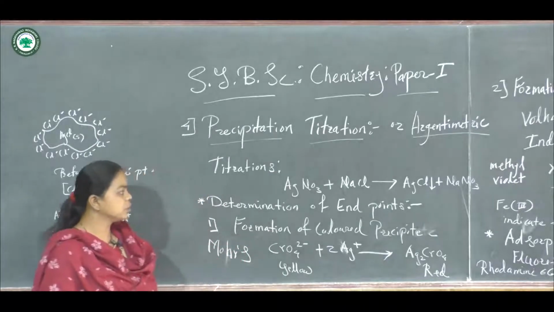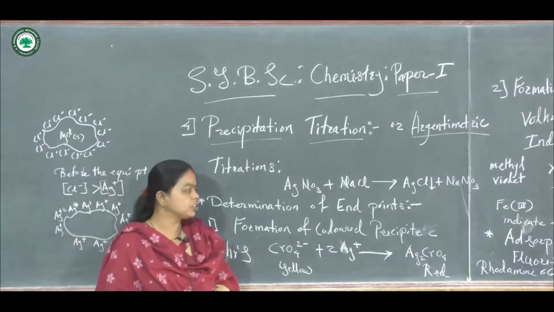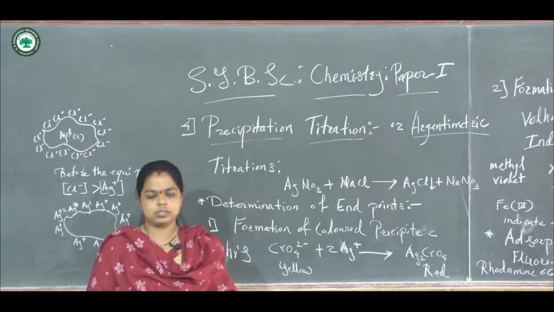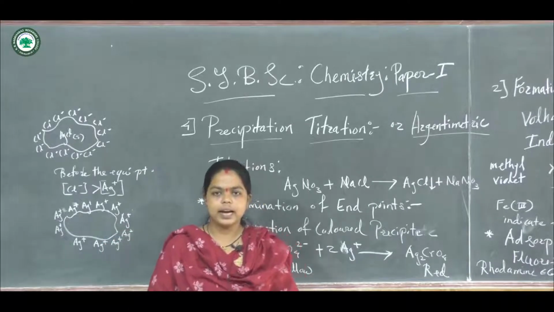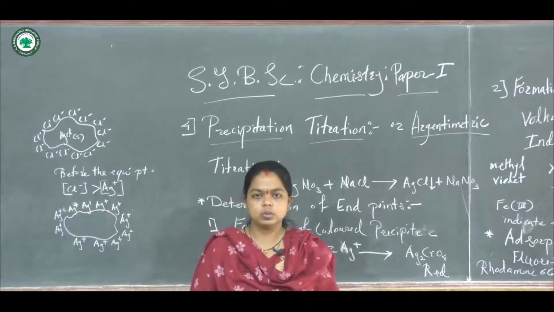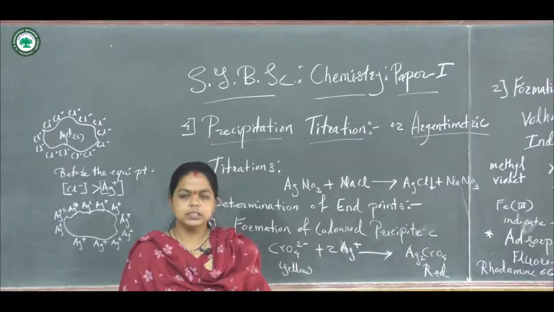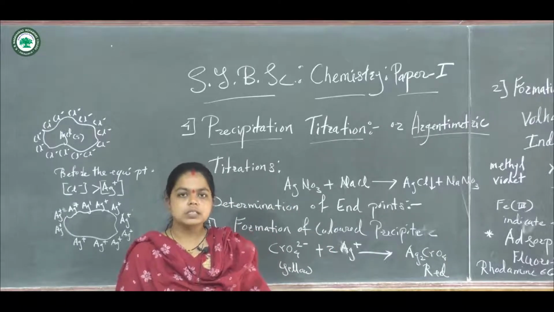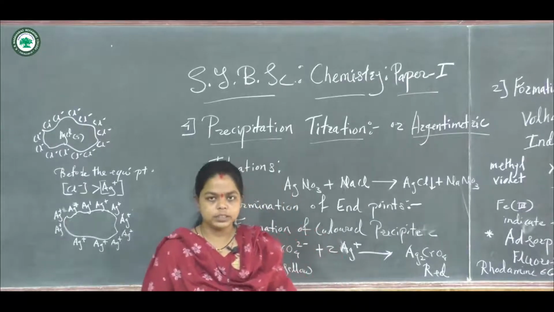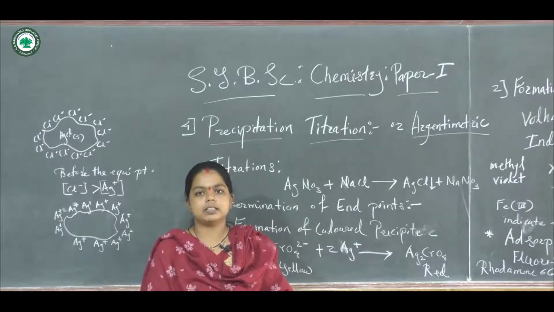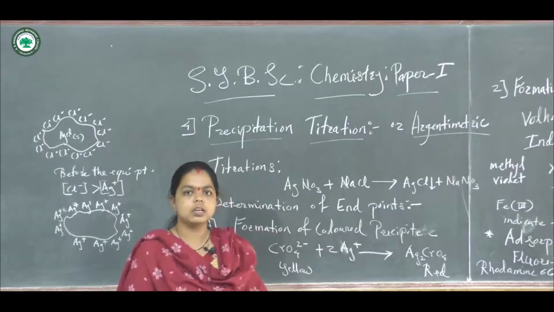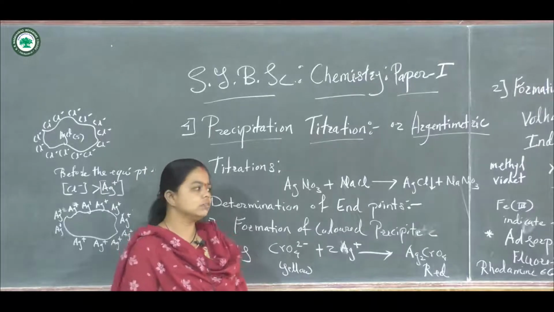Now in this type, basically one reaction is given: the titration of silver nitrate to detect the halogens. We know that silver nitrate solution reacts with the halogens present in the aqueous medium, or present in the water. So this compound is used to detect the halogens. In this test, the silver nitrate solution is reacted with the halide ion solutions, so that we get the precipitate of silver halides.